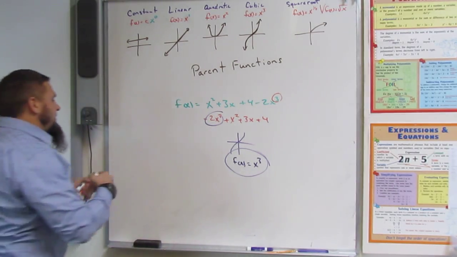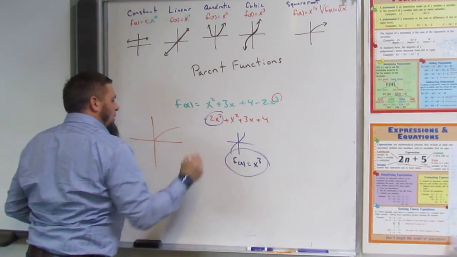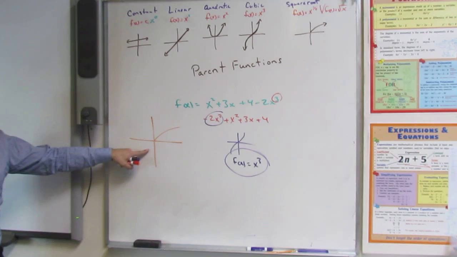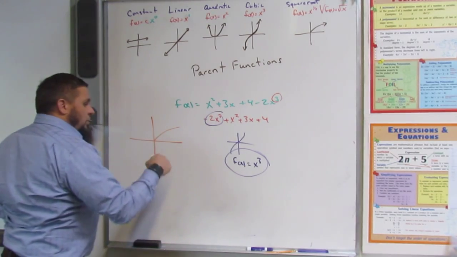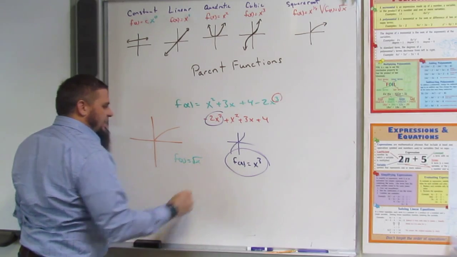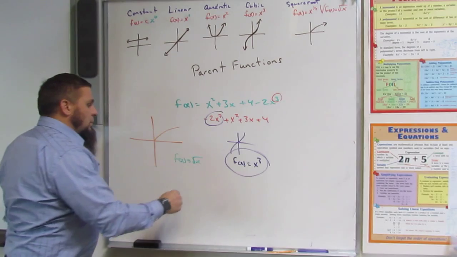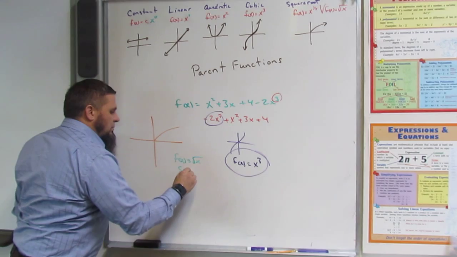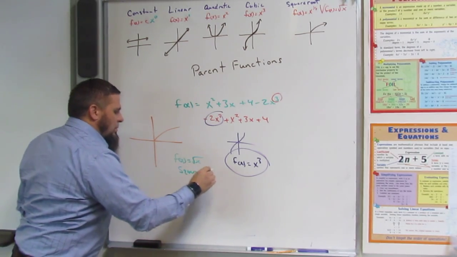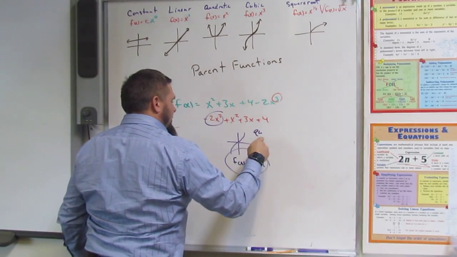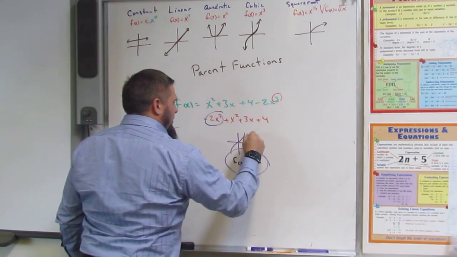If I give you a graph like this, what's that look like? Square root. If I give you a graph like this, it looks like square root. So the parent function is f of x is equal to the square root of x. And I know that it is square root. Oh, the one thing I didn't write over here is that it was cubic, not quadratic, sorry. It was cubic.